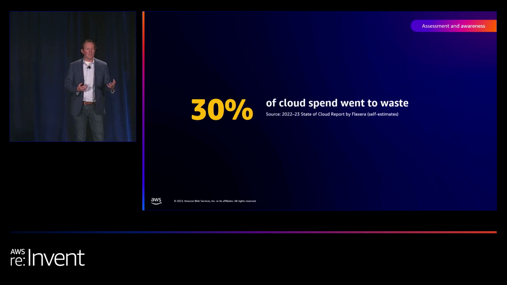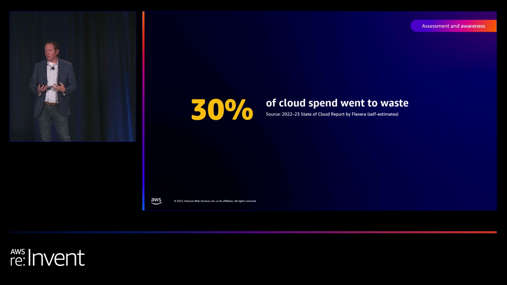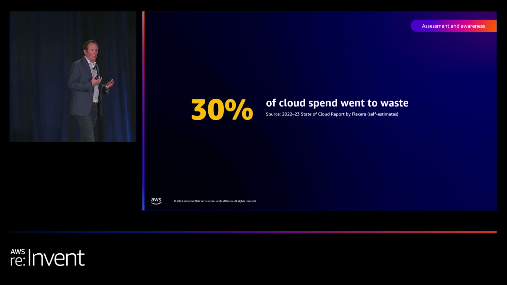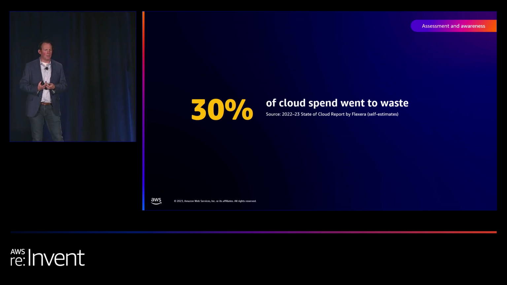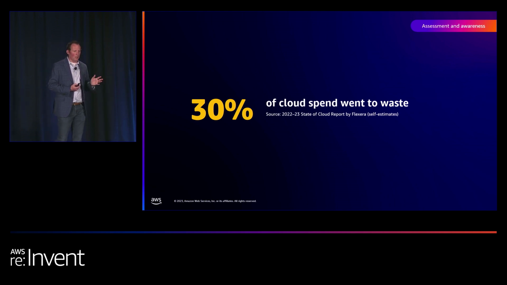And then the last, in this report from Flexera, is how much waste is in a typical organization? I always ask and probe on this question, and I've seen anywhere between 20 and 30% as I ask this, but it's the same 30%. So if you're paying for your, in this case, AWS ecosystem, and there's embedded waste in there, if you made a conscious choice about that waste, that's probably not a problem. But if you're not making a conscious choice about it, it's a big opportunity for efficiency inside of the organization. So that's the assessment and awareness side.